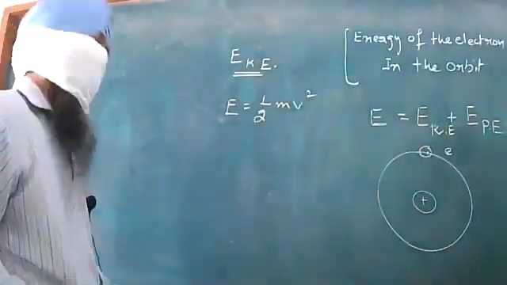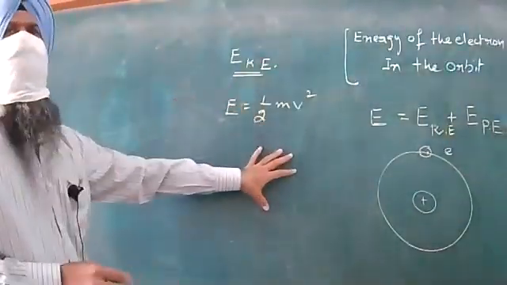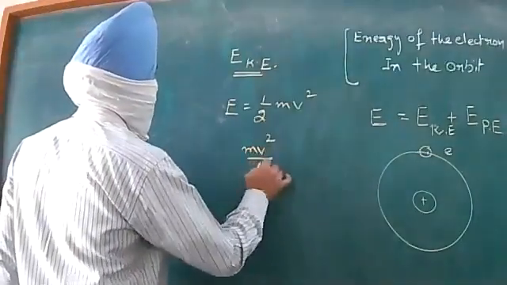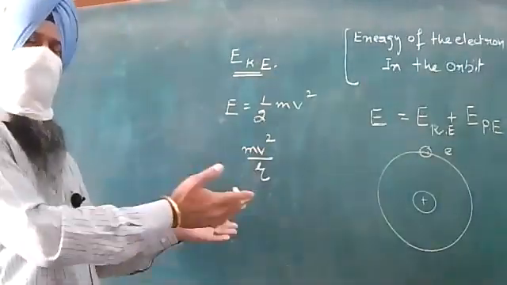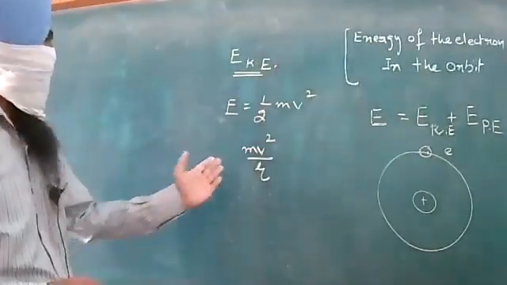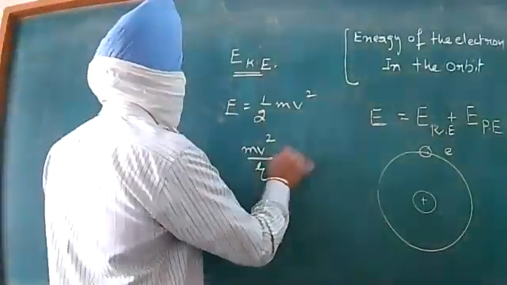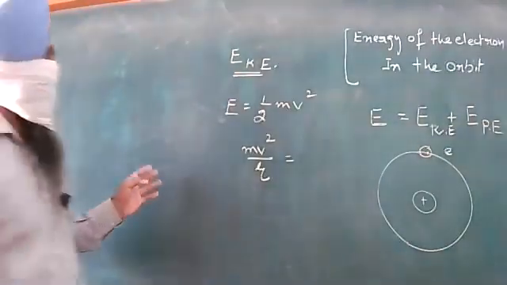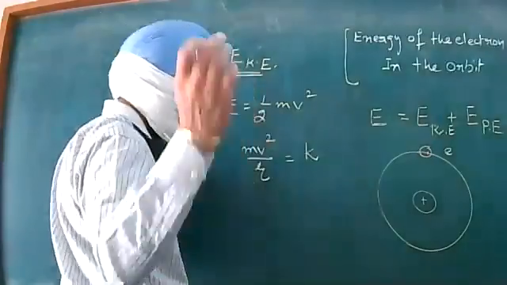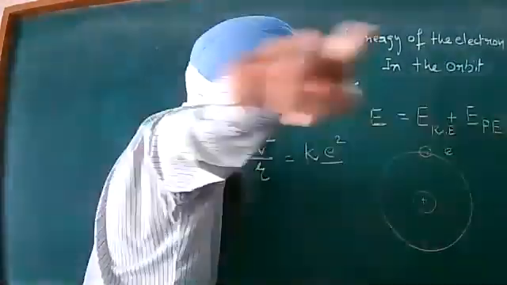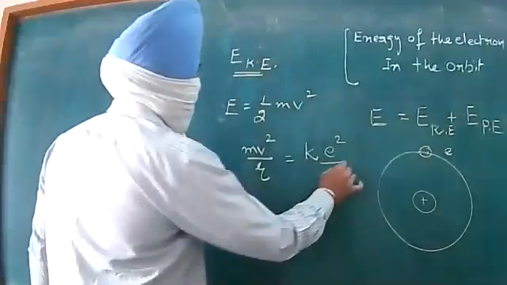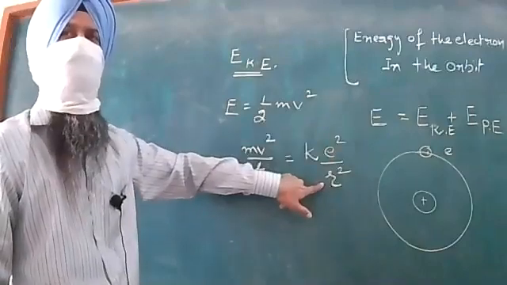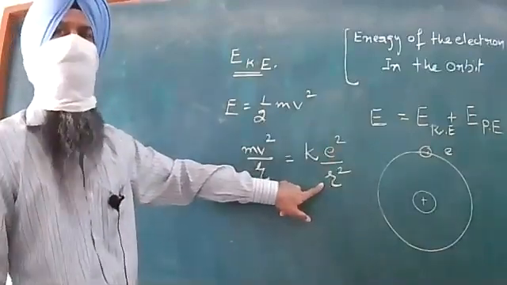Okay okay, thank you son, thank you. And dear all, now you can focus well upon the fact that the centripetal force is mv squared by r. We have initially started from this very concept, and this centripetal force is provided by the Coulomb's force of attraction, this is k e square upon r square. It is basically 1 by 4 pi epsilon or q1 q2 upon r square. This is that very formula, Coulomb's force.